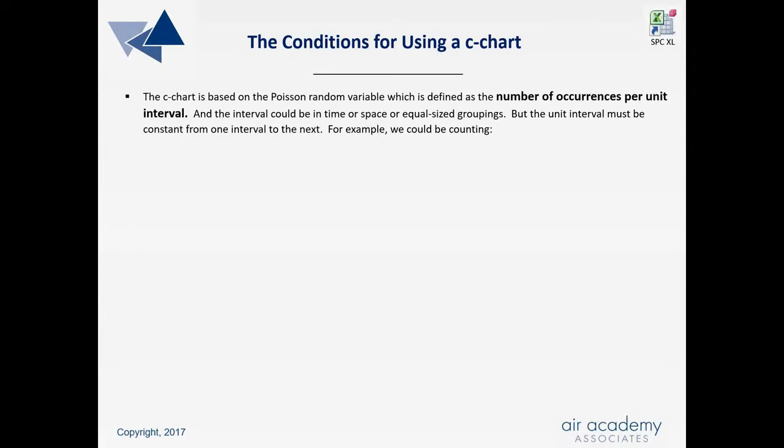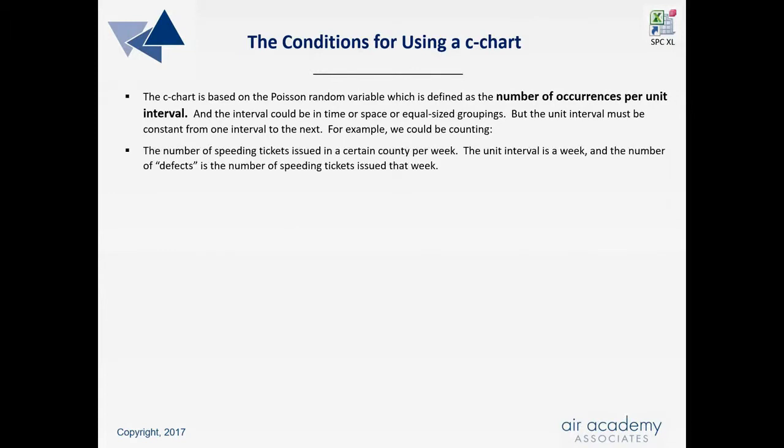For example, we could be counting the number of speeding tickets issued in a certain county per week. In this case, the unit interval is a week, and the number of defects is the number of speeding tickets issued that week. It could be the number of patients arriving at an emergency room per hour. Here the unit interval is an hour, and the number of defects or groupings or items of interest are the